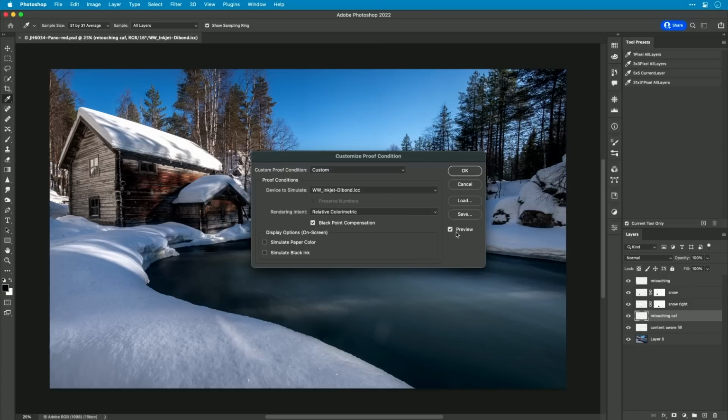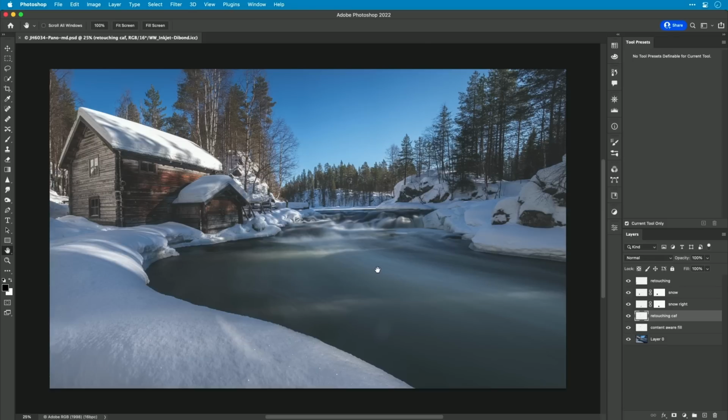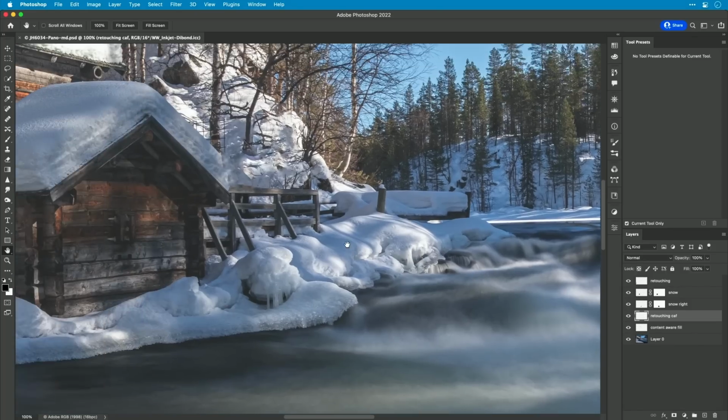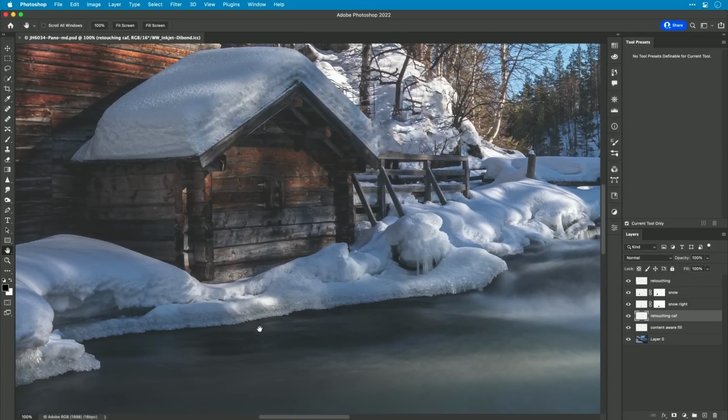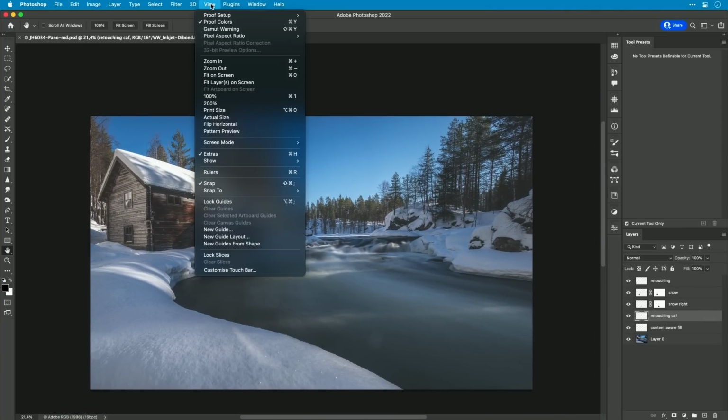You can activate the preview. Optionally, you can simulate the paper color. If I press simulate paper color, you see that it gets quite mushy. You lose the RGB black, because now you have the simulation of the print. The eye needs to adapt to this, because we lose the rich black of the display. So that's the simulation. And if you now go to View and choose gamut warning,